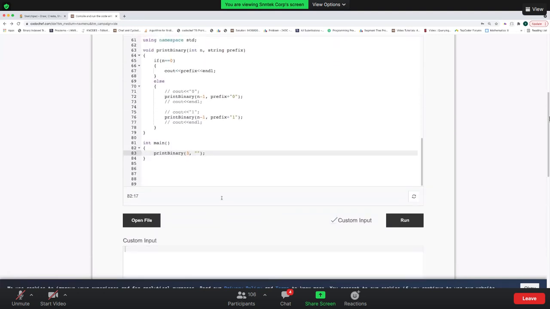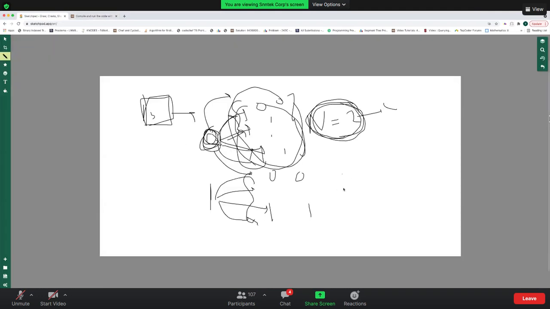So now what have I done here? I added one more argument, or you can say state, which tells me I want to make a number n, and prior to this, I want to make all the binary numbers before n, and what is the prefix that I have collected? So if I go here, I want to print all the binary digits of length 3.